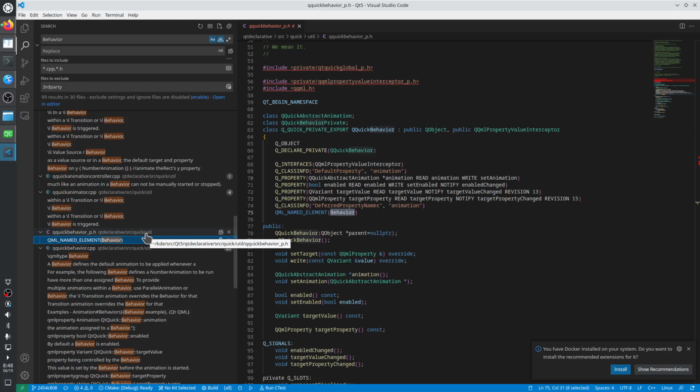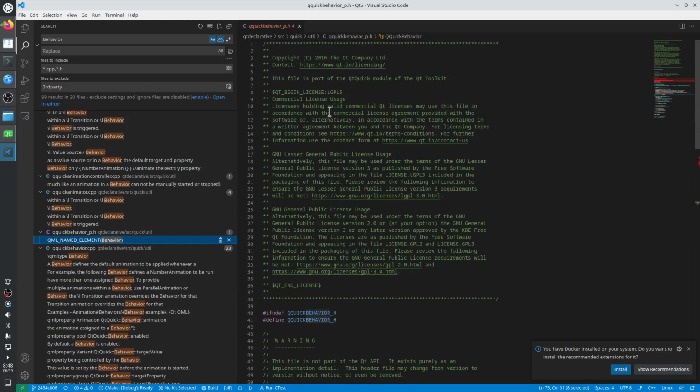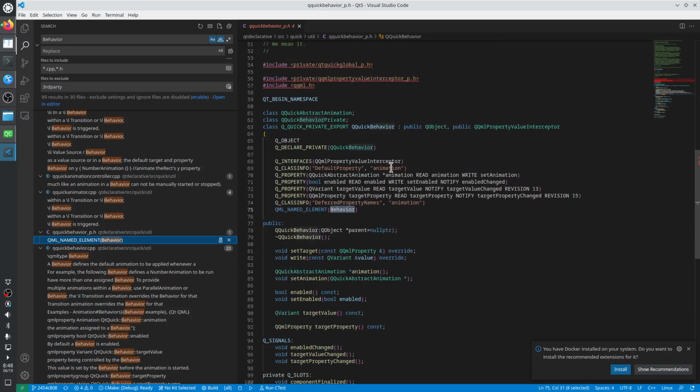So it says Qt quick behavior private.h, the header file. And it says Qt quick behavior. It's a class. I'm going to guess this is a source code of behavior, the QML